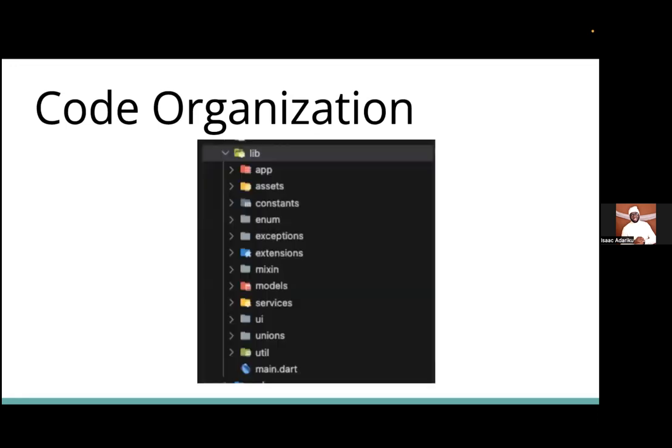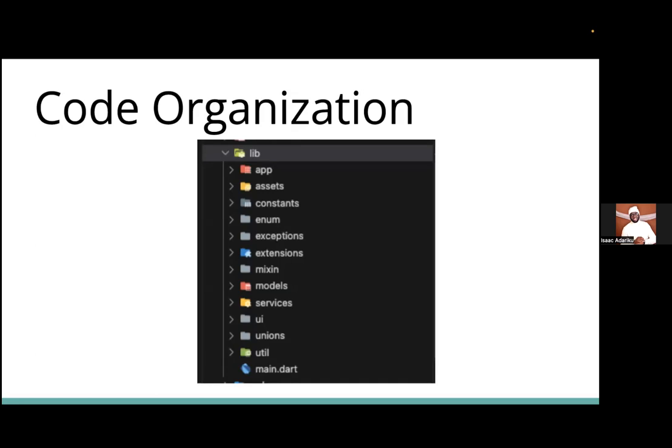Stack provides a structured architecture, like I mentioned, that simplifies code organization. If you remember, when you're starting Flutter, you always worry about where do I keep certain files, where do I keep this, where do I do this. But for those that use Stack, it has been simplified so that you know where to keep things. It has a clear organization structure. So even when you're onboarding new devs, they just have to know the names of where to keep those files.